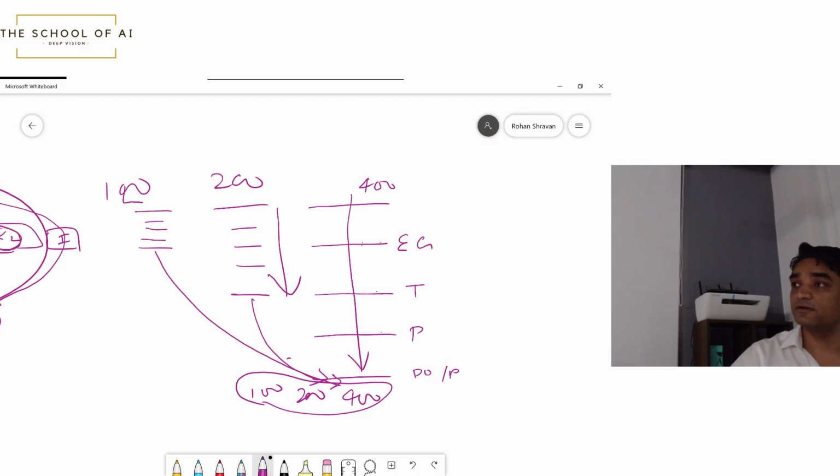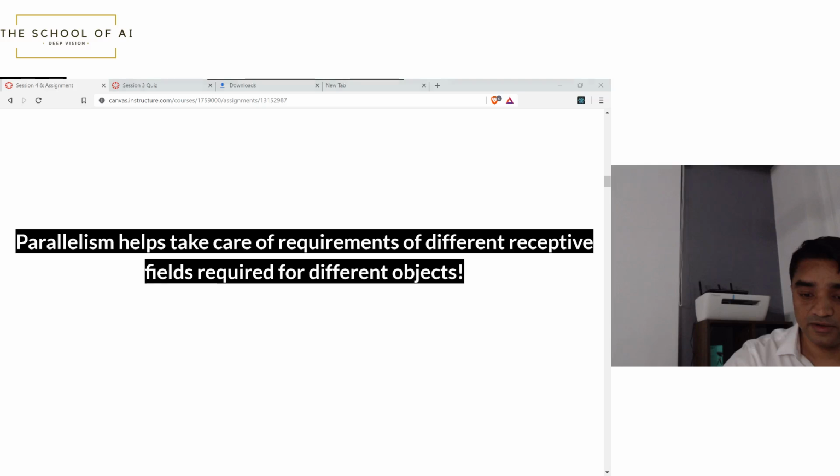Is it quite clear? And when you do this, you are actually going to be using fewer kernels. You will need fewer kernels. I'm going to explain that part also: when you actually go parallel, you will require a lesser number of kernels as compared to a sequential architecture. Okay, now let's look at